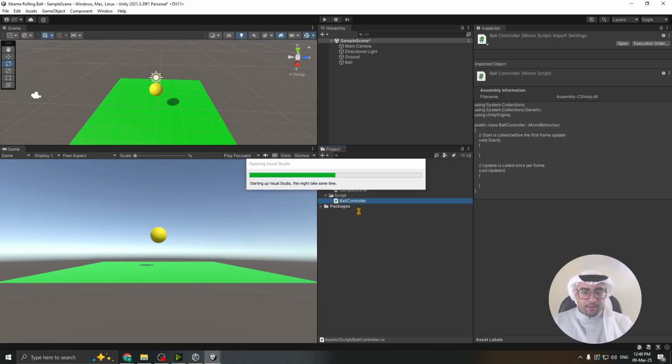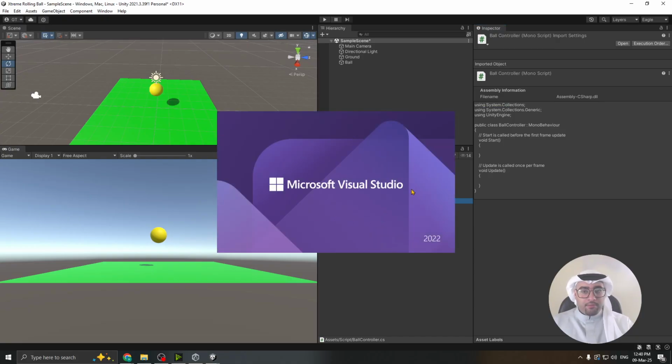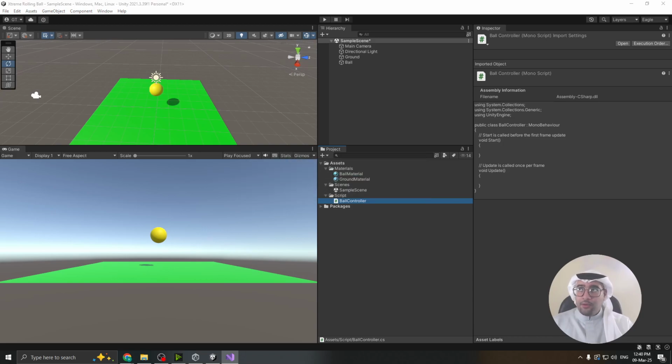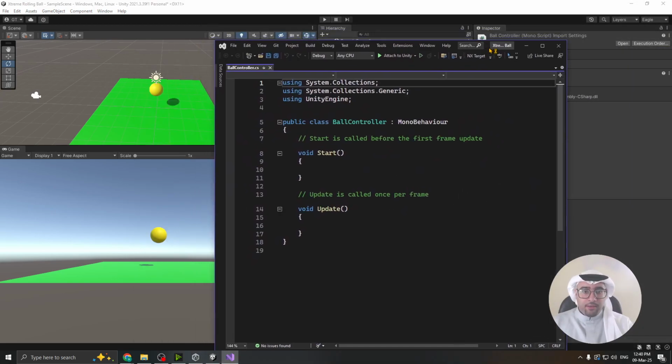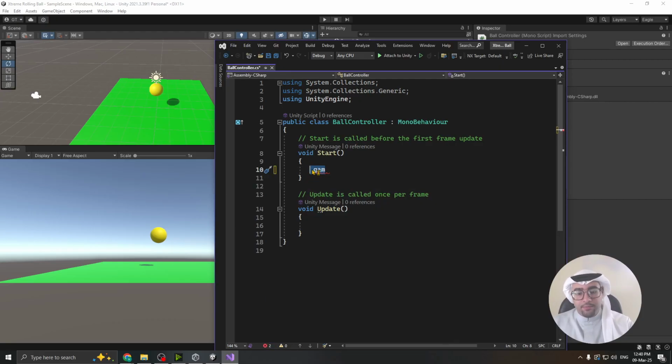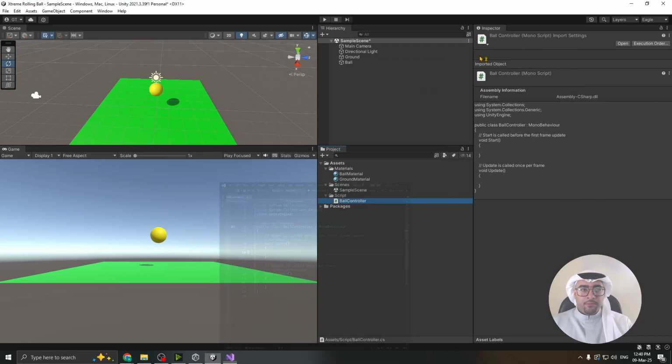Now, let's double click on the script itself. It's going to open up Visual Studio. I'm going to show you the script in a bit, but basically, before you write any code, I'd like you to check that you've got autocomplete. So, for example, when you type game, it should show you game object. If it's not showing you the suggestion of game object, then that means you need to go to